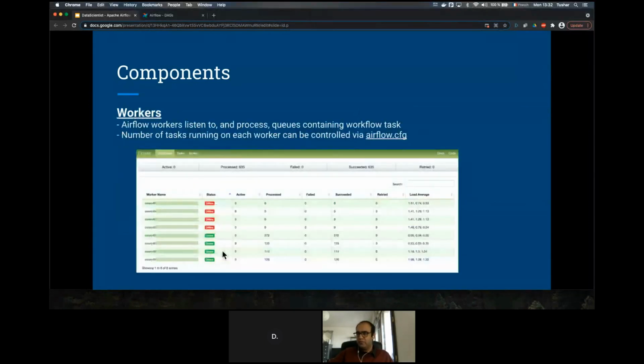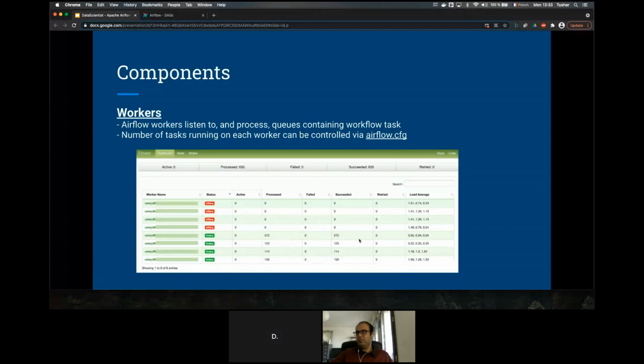Yes, so here are the workers which I was talking about some time ago. You can see the view of the workers on Flower. This is also a concept, but to keep it easy, these are all the workers which are present. The offline workers are the ones we are not using at this time, and the online ones are still running. Each of them can have tasks running.